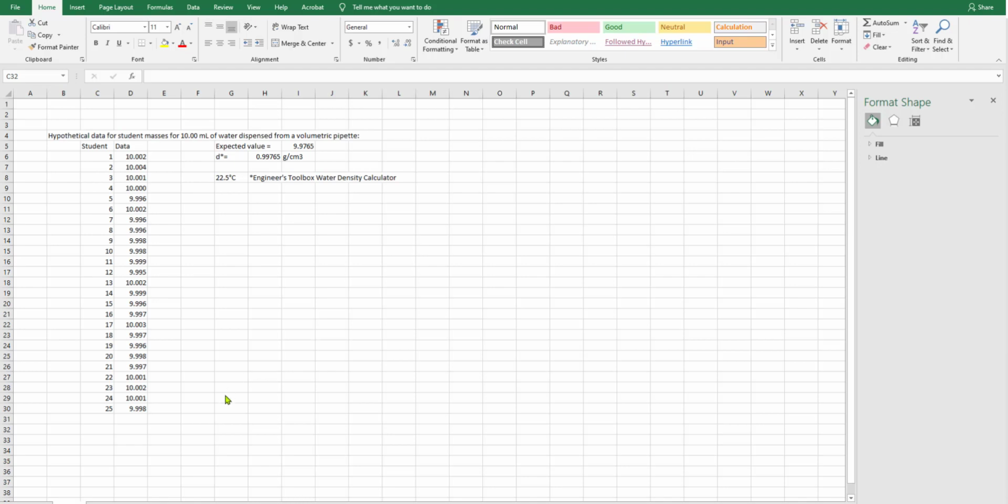Okay, so I'm going to show you how to do statistical analysis, the Grubbs test on Excel. So I had a set of student data for water masses for 10 mils. It's sort of a hypothetical data set. And the first thing we'll want to do is calculate the average. So I'll type in the box over here, I'll type in average, just so I know what I'm putting in